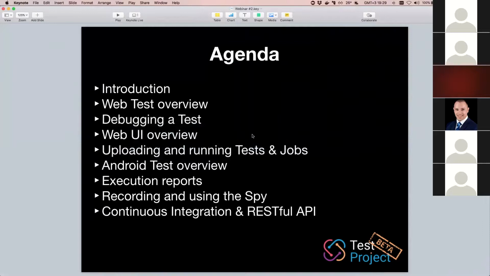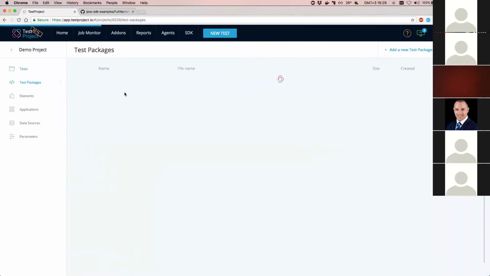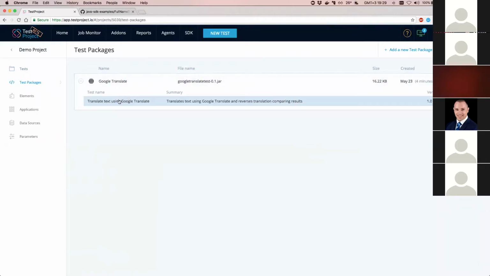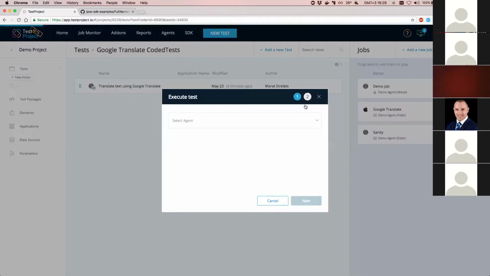So before going ahead, I'm just going to switch back really quickly to our agenda, just to summarize what we saw so far. I was talking about developing a web test, debugging a web test using the TestProject Runner. We saw some overview of the TestProject UI and how to upload and run a testing job. So before we proceed to the Android test,